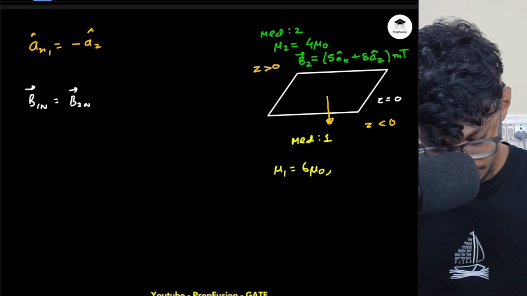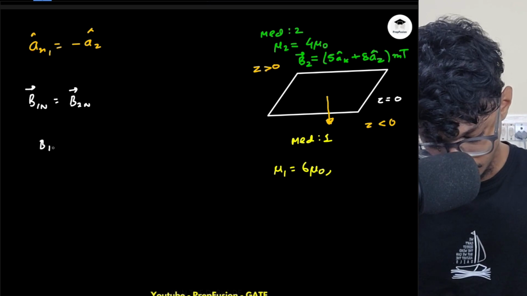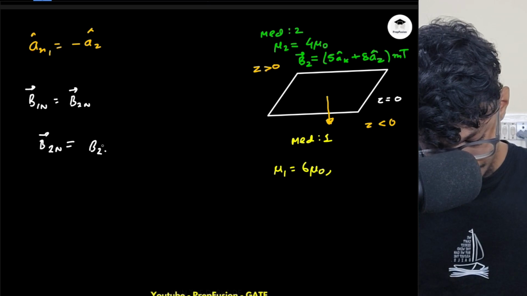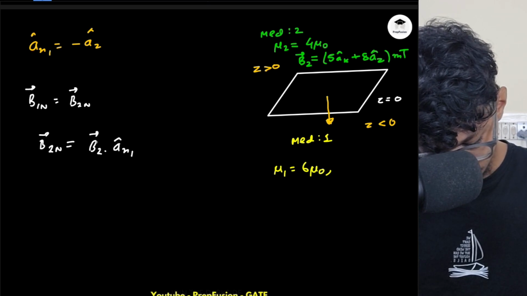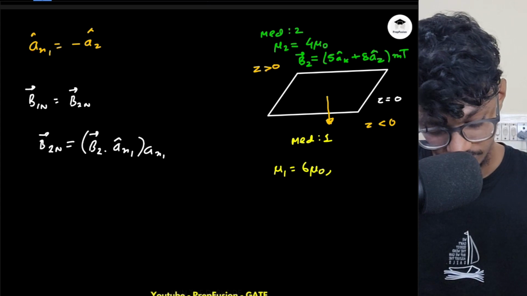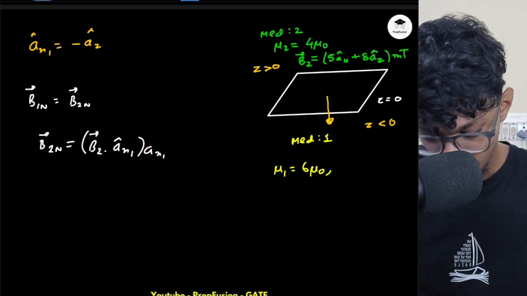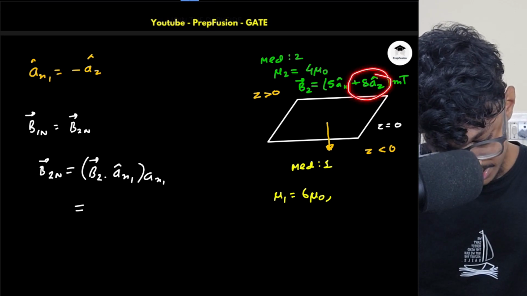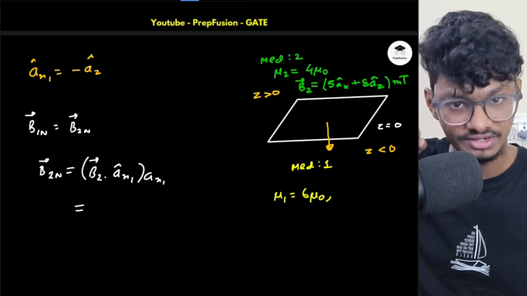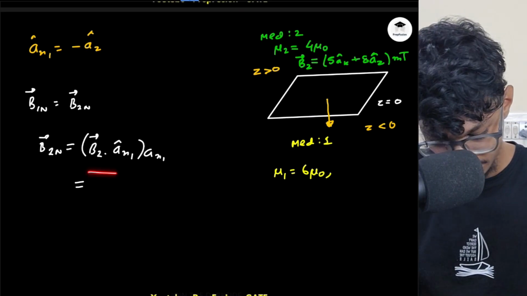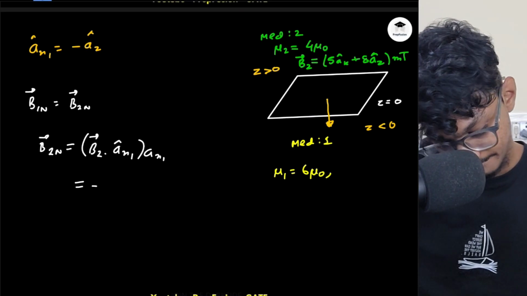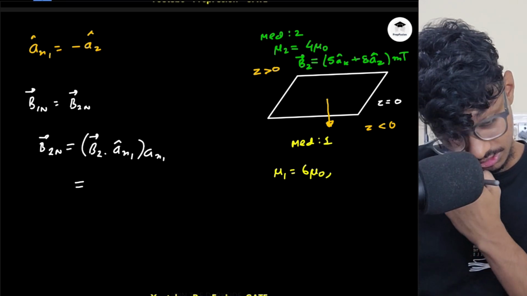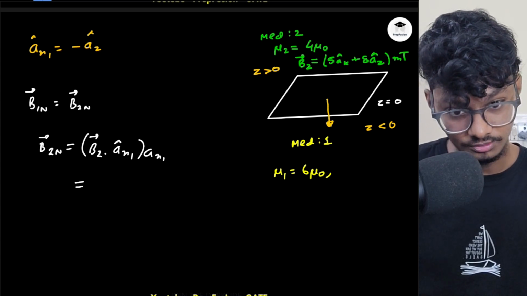what is the normal component of b1, the b1n normal component, because I know b2, right? What is the b2n normal component? It will be simply b2 dot an1, then an1 at the outside, just to give it the vector direction. Okay, so does it have any normal component? Yes, it has a normal component. It is plus 8az, but it is opposite to my reference, so it will be minus 8az. You can do the computation, you will get minus, this will be an, okay, not minus, actually this will be plus only. Okay, sorry,